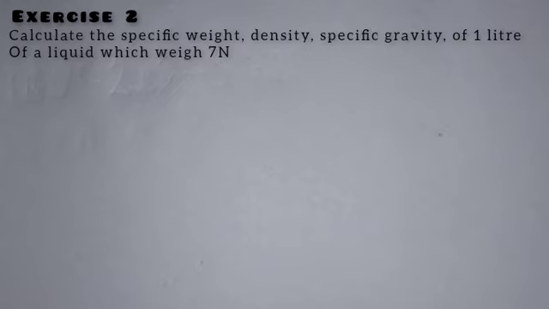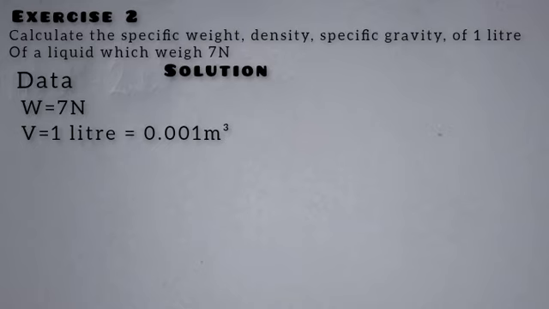Like I said earlier, the first thing you do is write out your parameters. The data given here is the weight, given to be 7 Newton, and the volume, given to be 1 liter. Converting 1 liter into meter cube, it will be 1 divided by 1000,